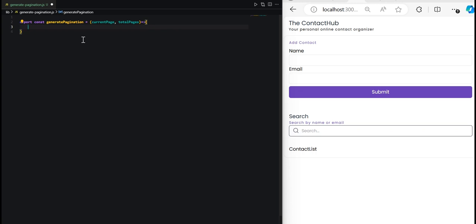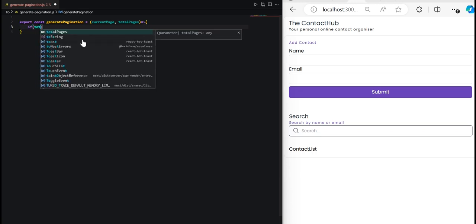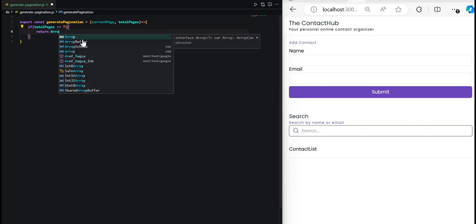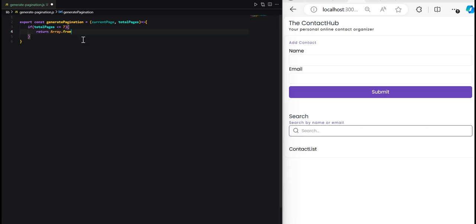And within this function, we're going to say if the total pages is greater than, or excuse me, less than or equal to 7, then we want to return an array from length total pages,